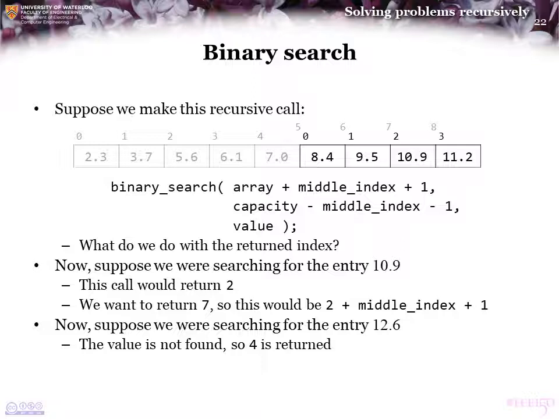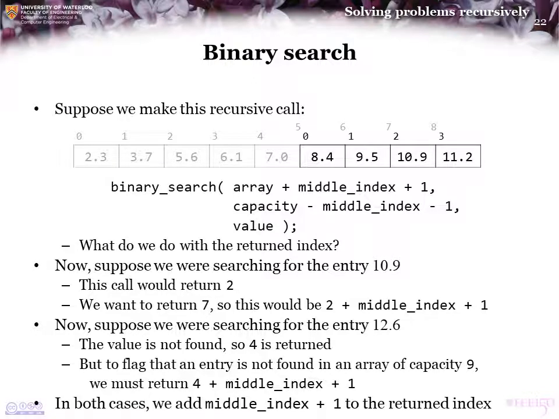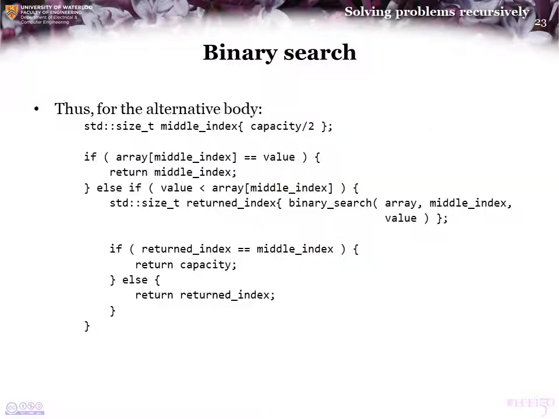However, we also want to now return a value indicating that it is not in the larger array of capacity 9. So we should actually be returning the capacity 9. Well, if we note this, we see that 9 is equal to 4 plus middle index plus 1. So whether or not the value was found or not found, in either case, we just take what was returned and add to that middle index plus 1. Thus,